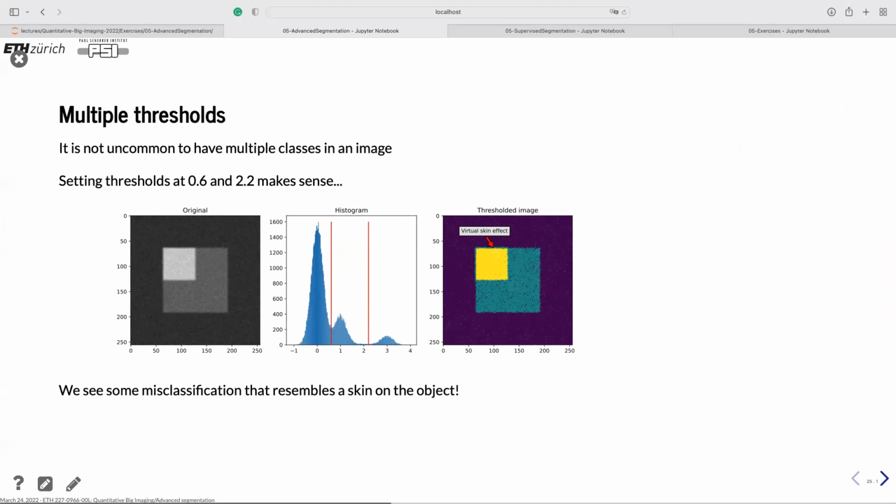And what comes up is that it's not always you want to use binary images, so you only have object and background, but you may have object, something in the object, and the background. So you have 3 classes, or even you can have 4 or 5 classes too. The problem is if you do a histogram thresholding, you would say essentially you have